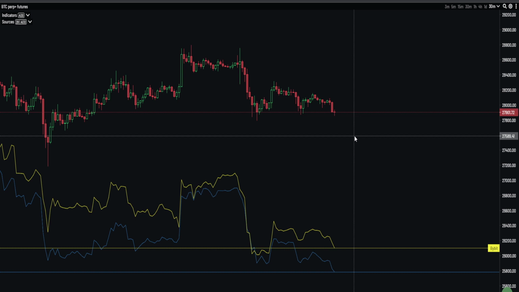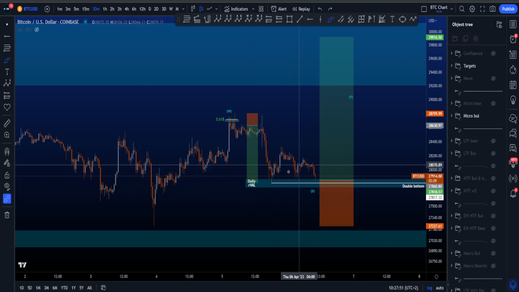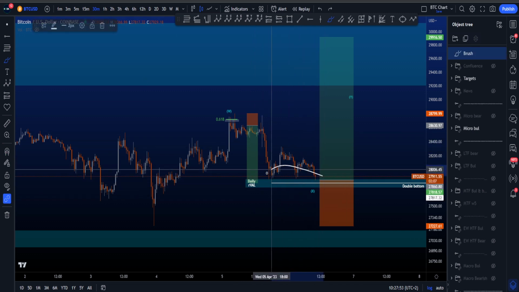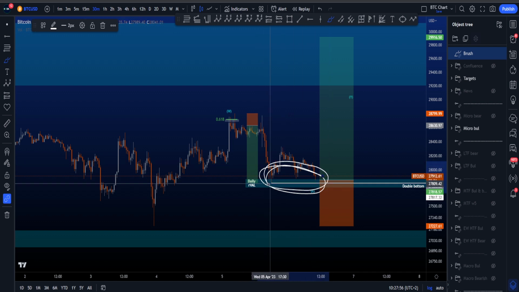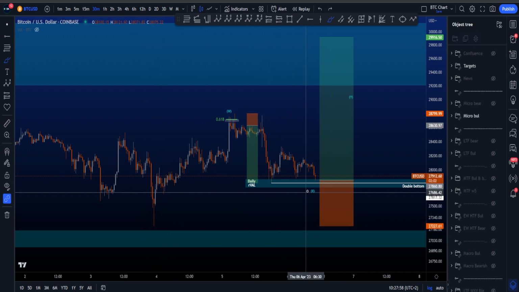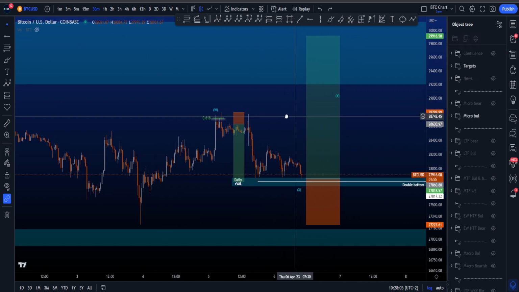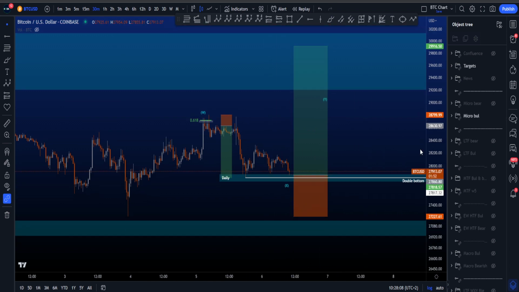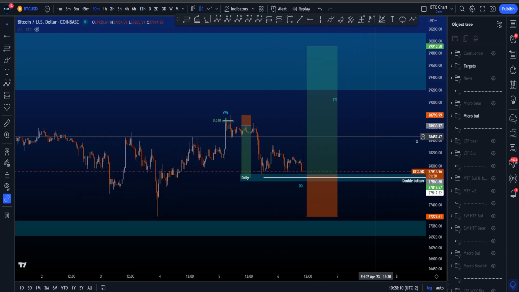And I think, for me, it's important to show you guys what's happening here as well. So we have a low over here, right? Making some higher lows on the chart, but we're making lower lows. If you look at the yellow line as well as the blue line, we're making lower lows on the CVD, which means there might be some absorption going on. So people are selling. There's basically more people selling over here than there were people selling over here. However, price is higher. So someone is absorbing the shorts for then potentially a push to the upside, which is very interesting. So yeah, this is an interesting scenario, and also on the micro currently my preferred scenario as well,